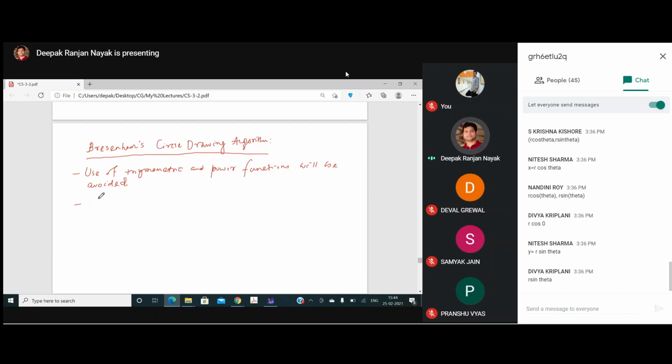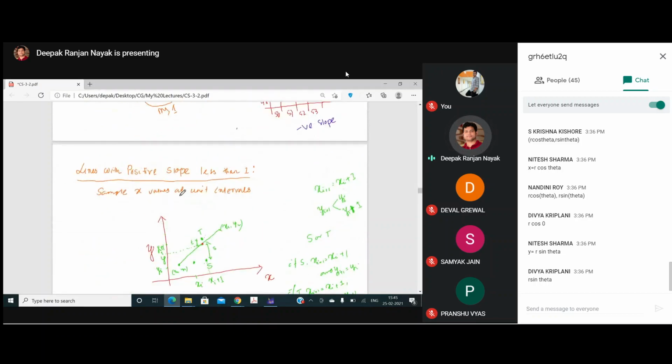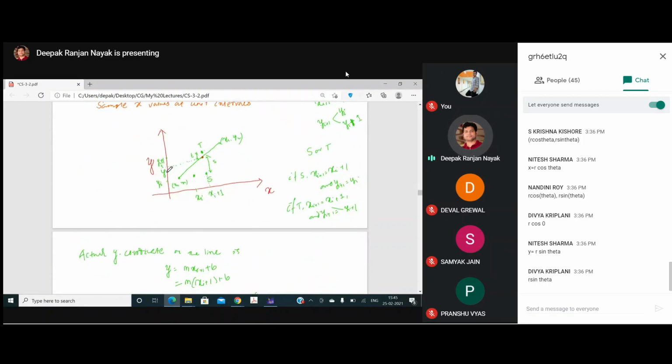So we'll see in the next class. Actually the derivation is there. If we start writing the derivations right now, then it will be difficult for me to explain the same thing again. So we'll try to derive all the formulas like we derived the line algorithm. If you remember, similar things here also. The idea we will apply and we will calculate. At that time we were talking about lines, here we are talking about circles, right?